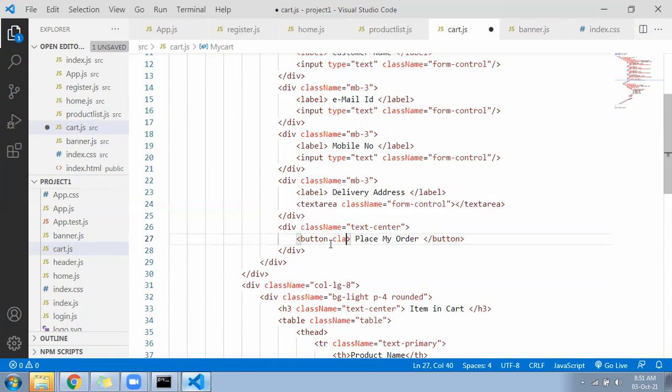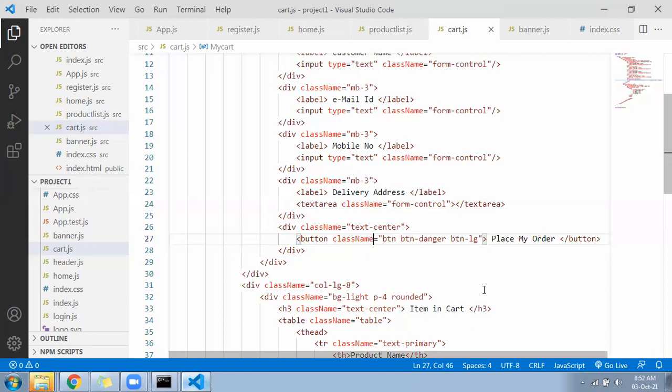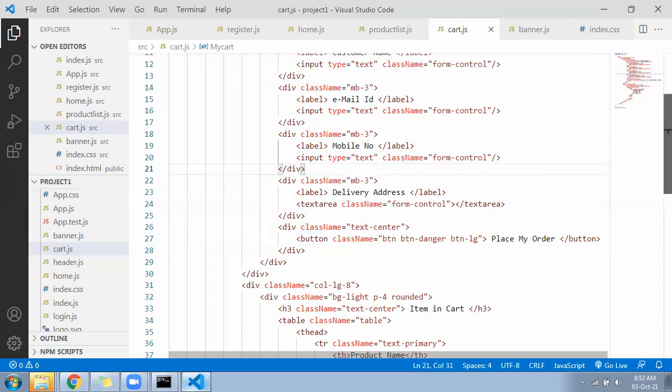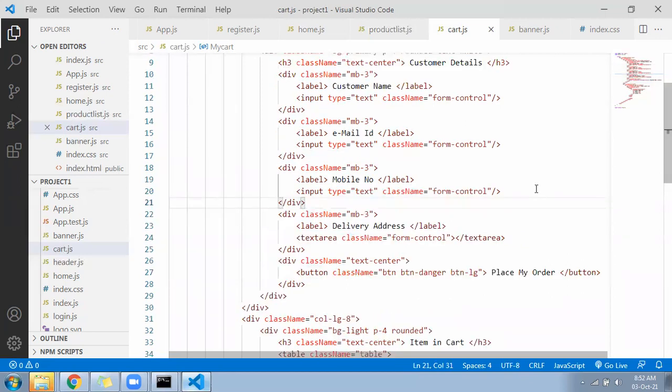Class equal to btn btn-danger btn-lg, a large button. Okay, so write it. Once you get ready, let me know. Then we can import under the routing and we will create a link.